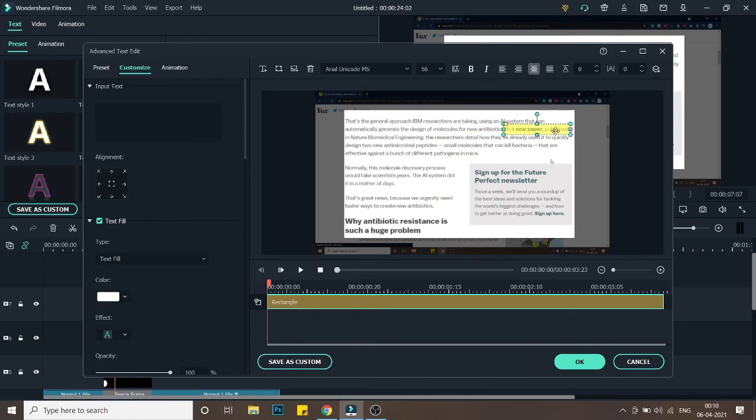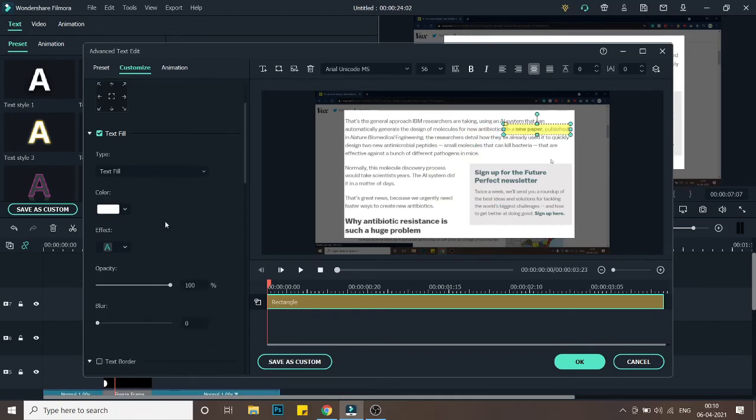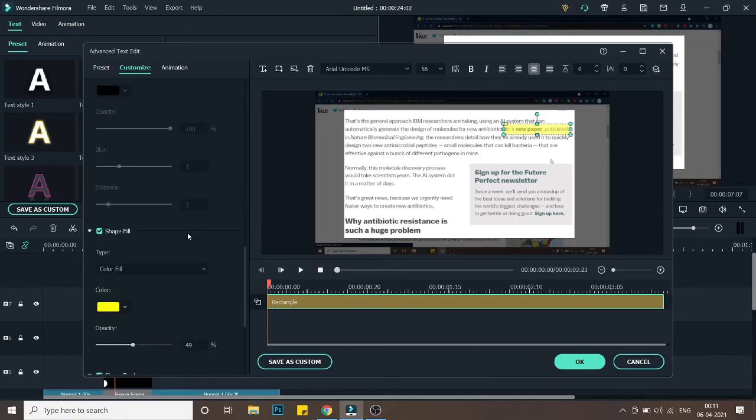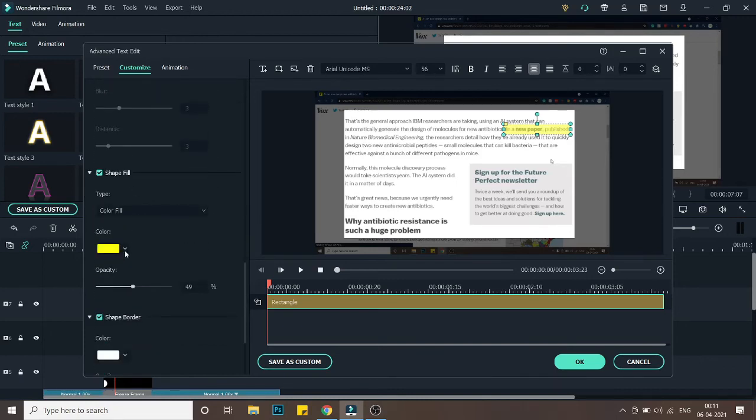So we'll place it over here, and then we'll go into, as you can see, even the color is yellow. So if you want to change this color to any other color, you can go into the customize option, and below you will see a shape fill color. So you can change the color from here and increase and decrease the opacity as per your need. So opacity, I have kept it around 50%, and the color is yellow, a slight tint of yellow, which is